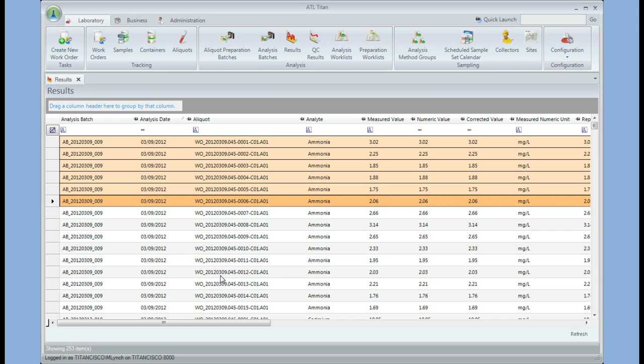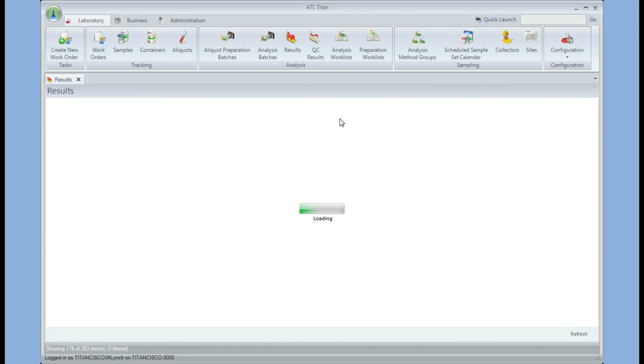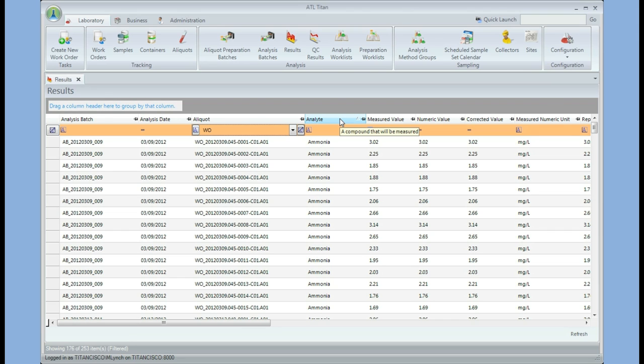I'm going to start filtering my data down to the aliquots that are normal aliquots, not QC aliquots. All normal aliquots start with WO. Now what I'm going to do is sort my results by the analyte, so that I can group them in my trend analysis. All I'm doing now is trying to get down to the records that I actually want to use for